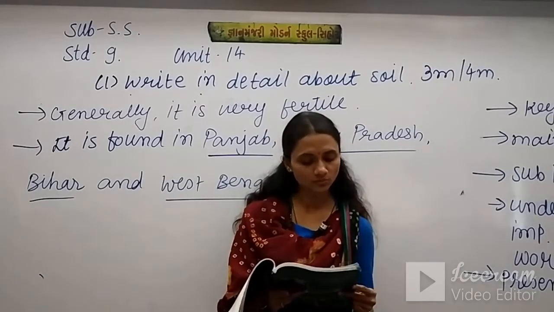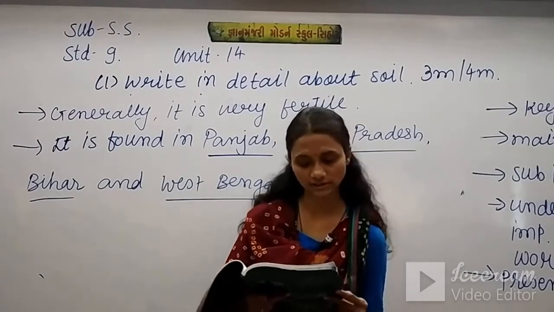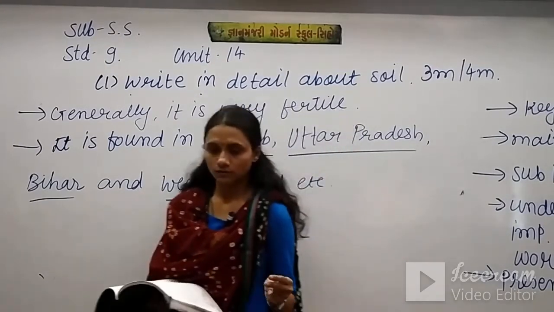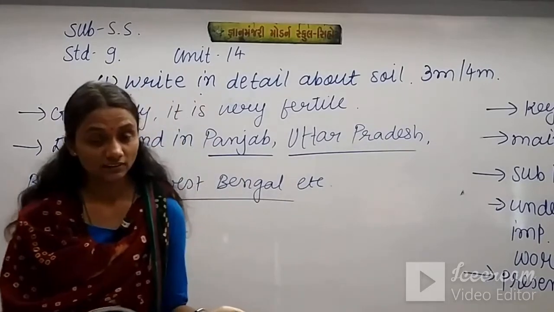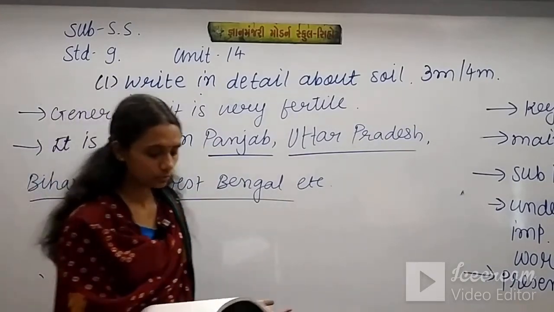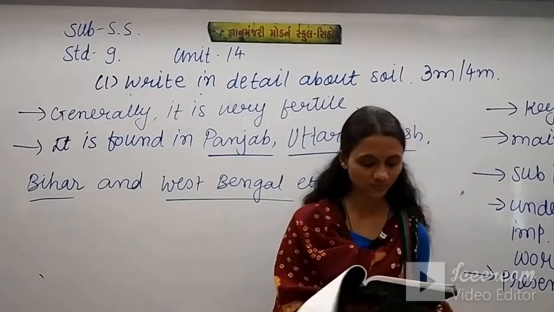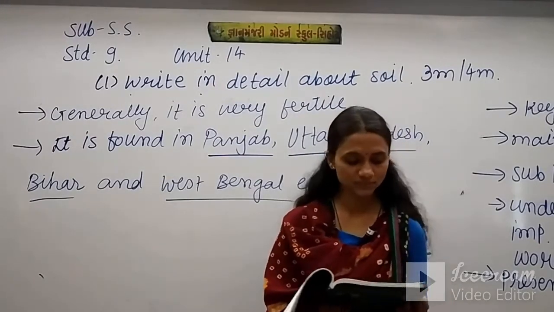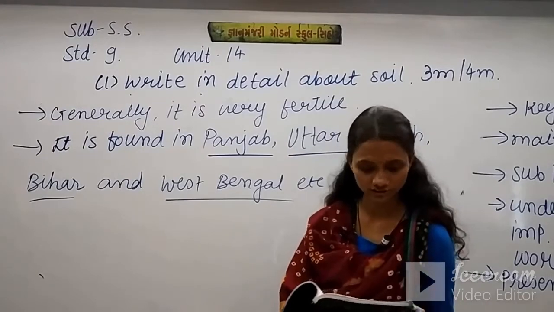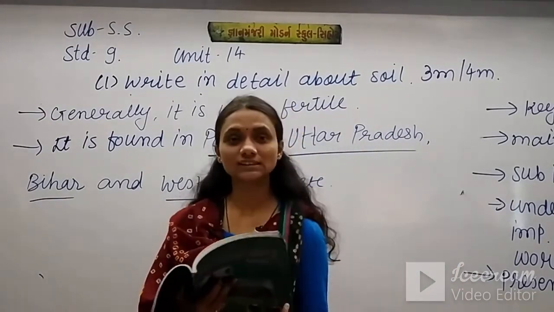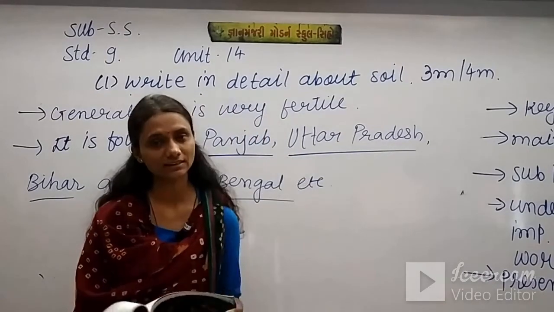It is formed from metamorphic rocks and is very useful for cotton cultivation. So it can be asked, "Identify me: I am useful for cotton cultivation." That is black soil. That is why it has become famous as black cotton soil. It is also known as Regur soil, so the second name of black soil is Regur soil.